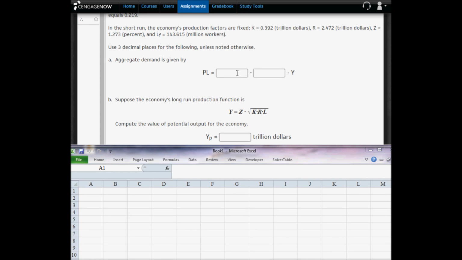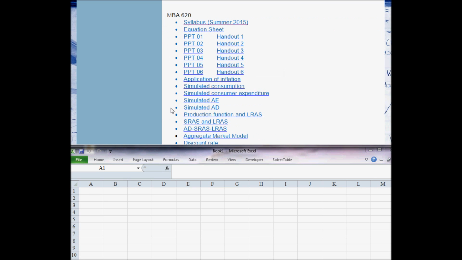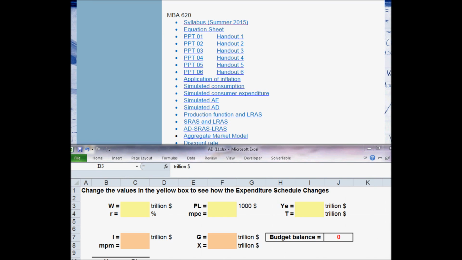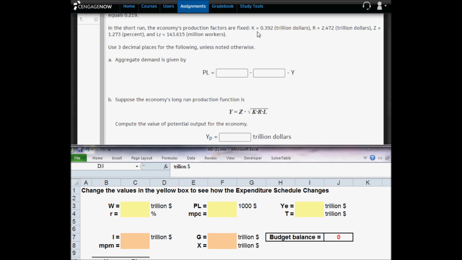In problem 5, we're going to derive the aggregate demand model and long-run aggregate supply. So we need to go to my website first to get the aggregate demand simulation. After we click on the download link, the aggregate demand simulation opens up, and we have it open right below our web browser. So I'm going to go back to Cengage now, and I'm going to copy these numbers in